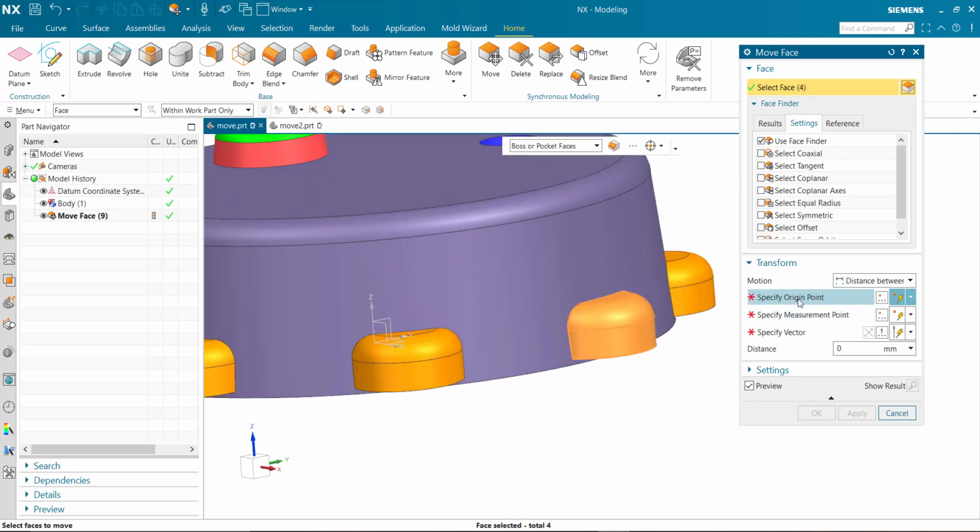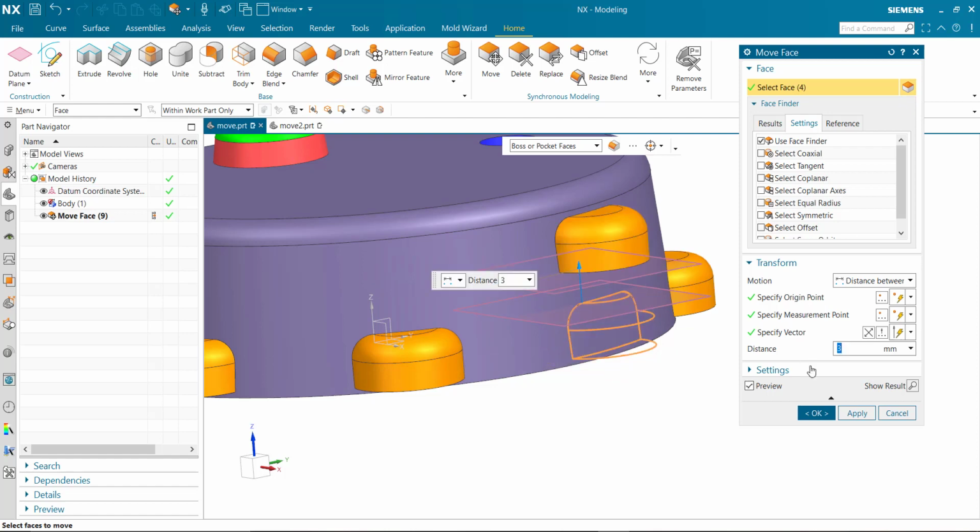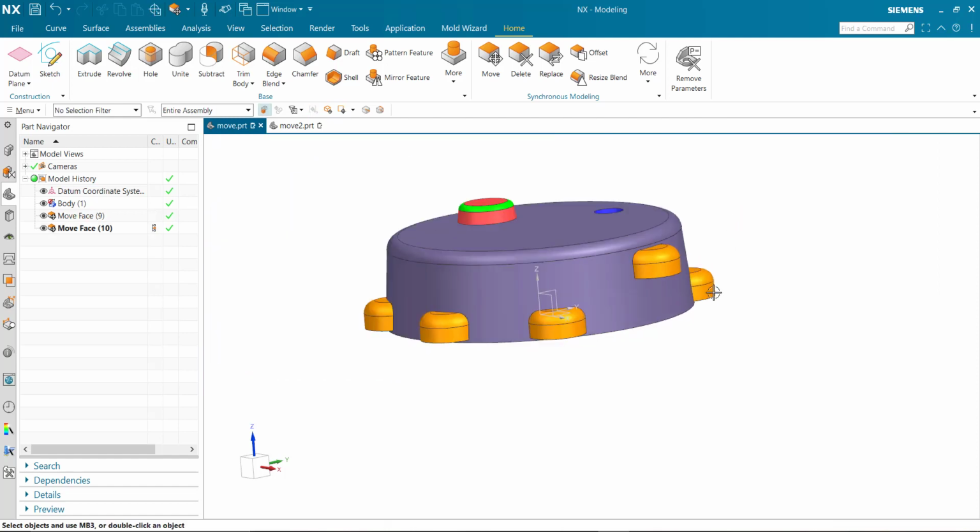After, specify origin point and next measurement point. After, specify vector and put the value and OK.